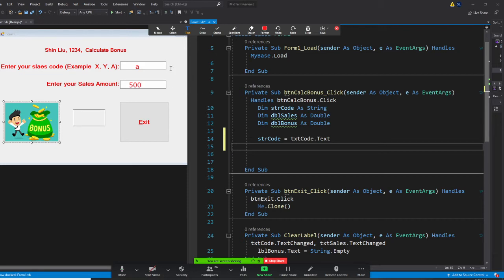All right, so I put the a here. The a or b, that's a string, so I can directly put into string code. Understand? So that's okay, I can directly put in the string code. But for the 500 here, that's a string, and I have to go into the double cells. That's why I have to say double